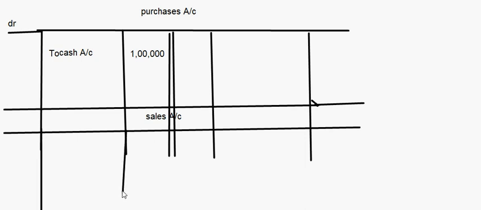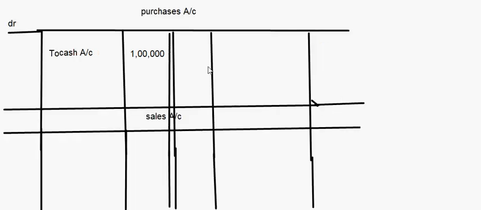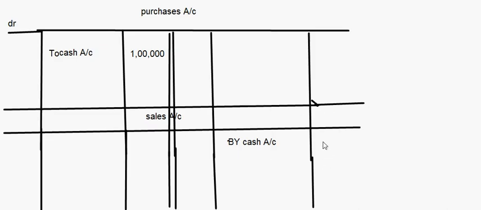So we have cash account to sales account, right? Cash account to sales account. So in that journal entry, if you see, cash account to sales, in sales basically cash will come. So cash is debited over here, so there cash will be credited. So here you will have by cash account, whatever is the amount we have written there, 50,000, right? So here we will write